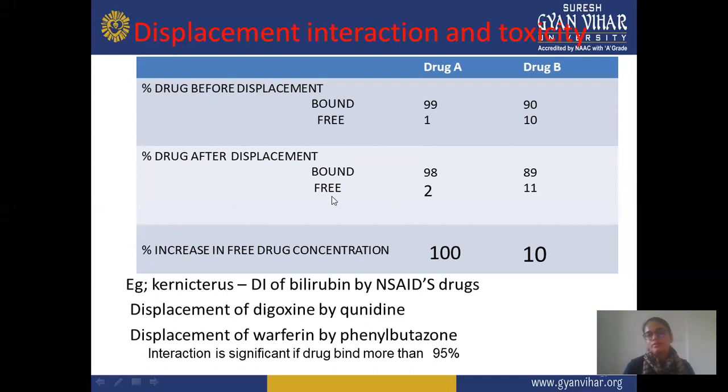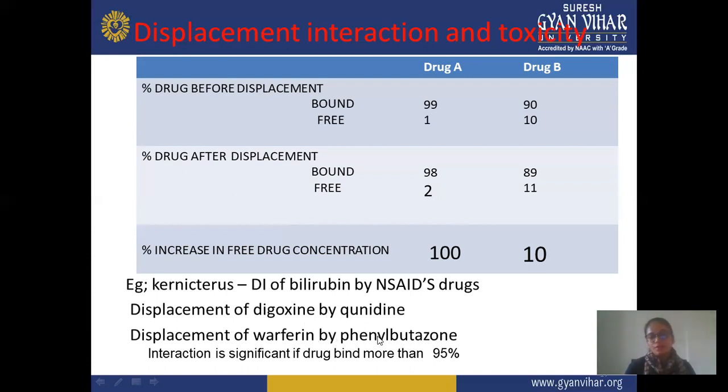And the free drug is also very less, that is 2% for drug A and for drug B it is 11% free drug after displacement. With the help of this, you can calculate the percent increase in free drug concentration: 100% in drug A and 10% in drug B. And the example is like kinetics, DI delivery of NSAID drug, displacement of digoxin by quinidine,